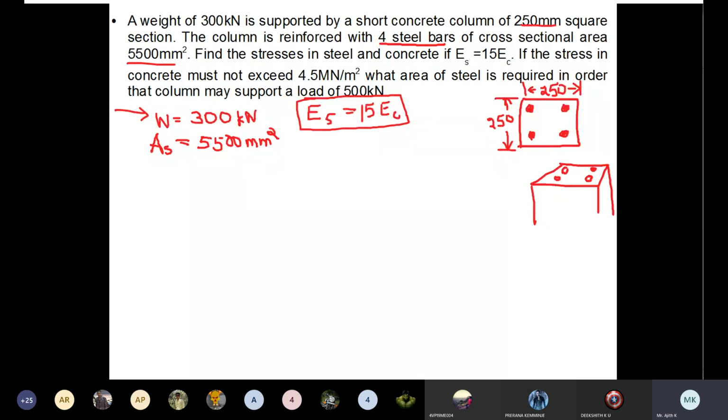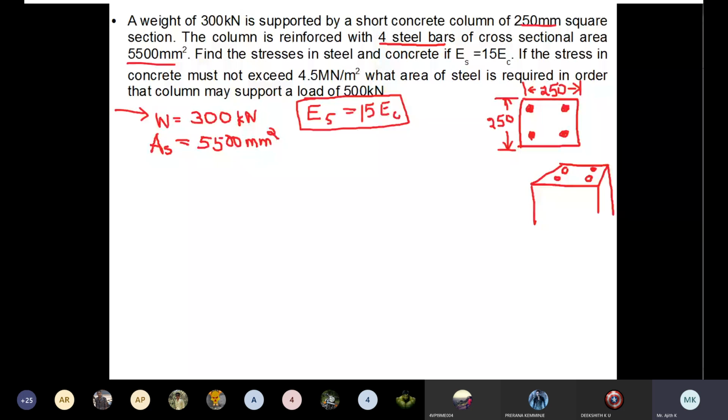Due to load, this steel rod, because its length is more, may bend. So just to avoid that, we are providing concrete surrounding to steel rod. So this concrete will hold the steel rod together, and steel rod will not bend